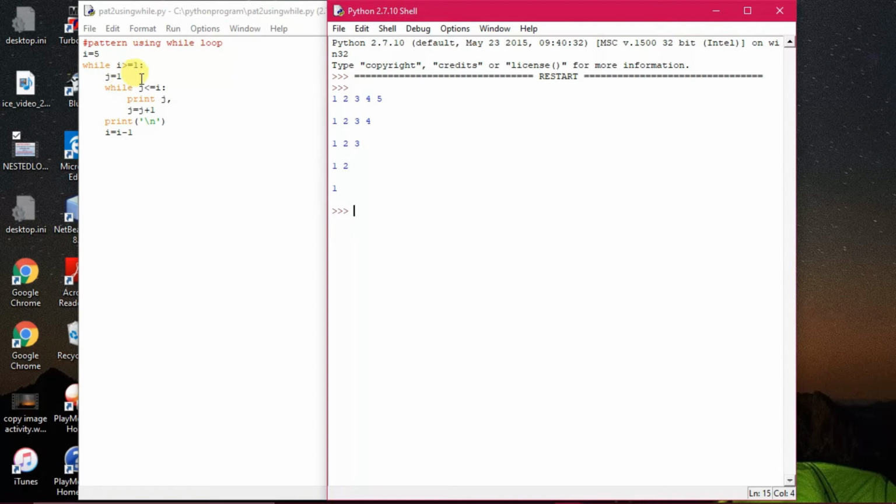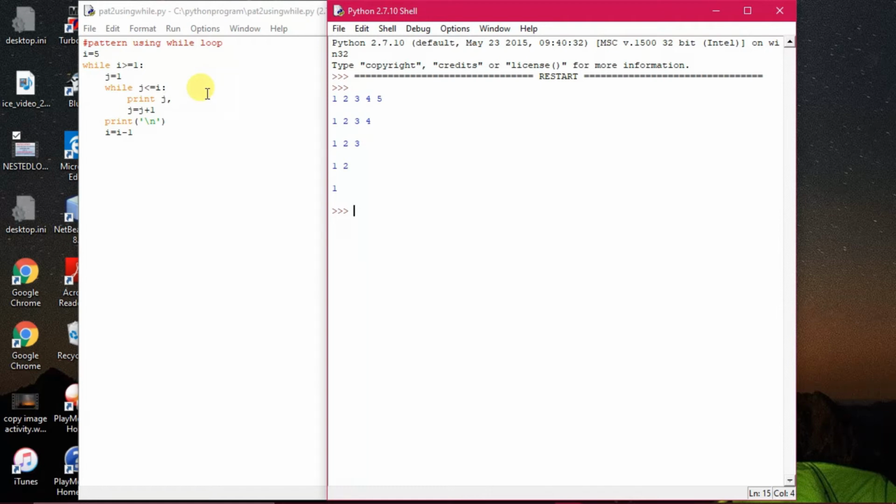Okay, j is starting from 1, and then j is less than or equal to 4, that means the 4 value has been printed. In this way it will become 3, then 1 2 3, three values, it will become 2, then 1 and 2, then it will become 1, then only one value. And finally when it becomes 0, 0 cannot be greater than or equal to 1, so the loop will come out of its existence. So in this way this particular execution had taken place. So I think you understand this one.